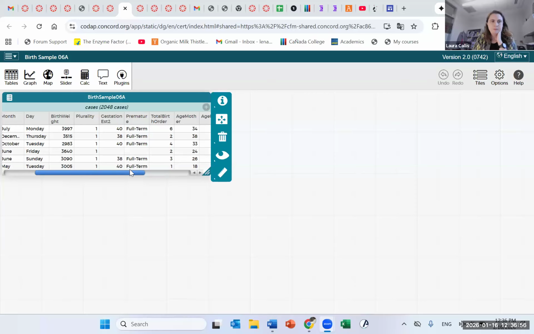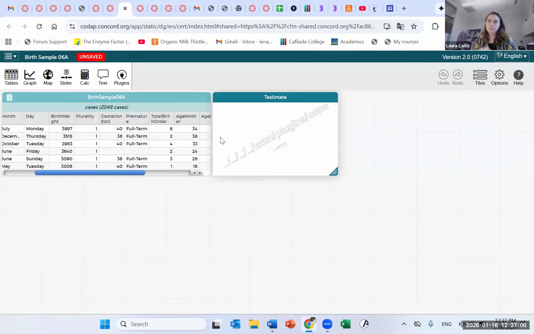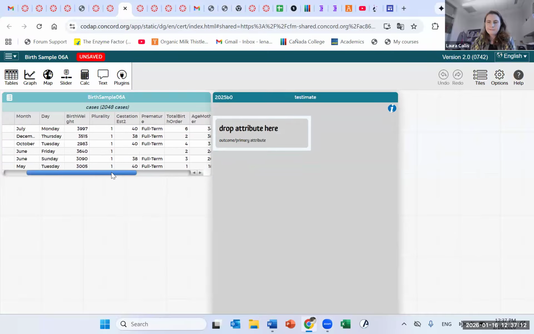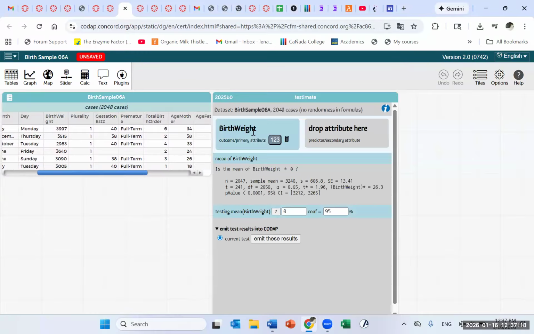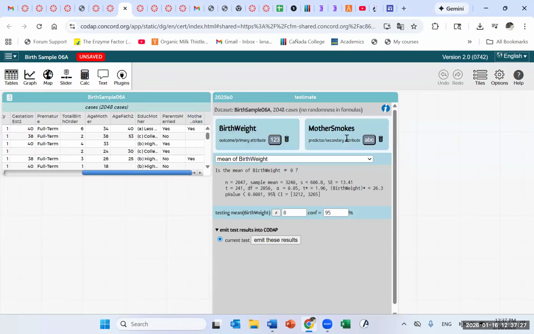So let's see. Okay, so this is birth sample data. You go to plugins, you go to statistical inferences, you go to Testimate. Okay. So then let's say that I want to compare, let's see what we have here. Birth weight, for example. Yeah, birth weight is numerical also. You drop here birth weight, and then you have another attribute. Let's say that I want to compare it with smoking, non-smoking mothers. You drop the second variable here, correct? Then you have here mean of weight. You see the arrow. You click on the arrow, and then here differences of means, and here is ANOVA